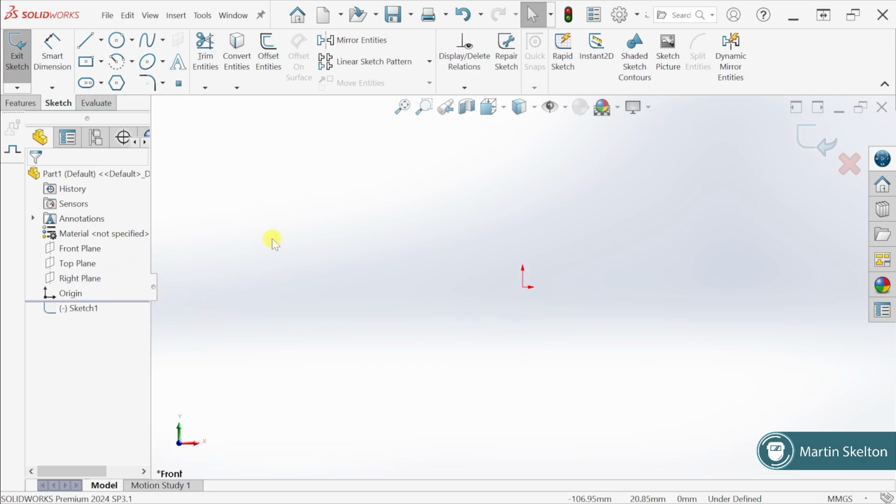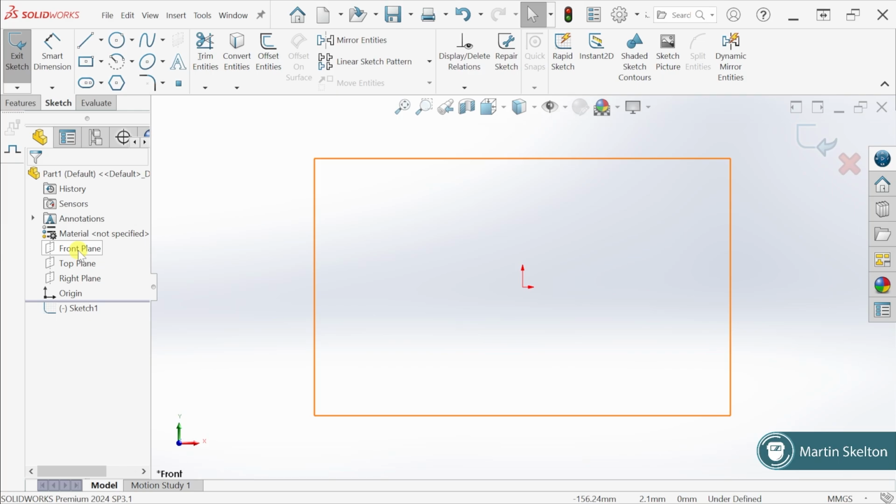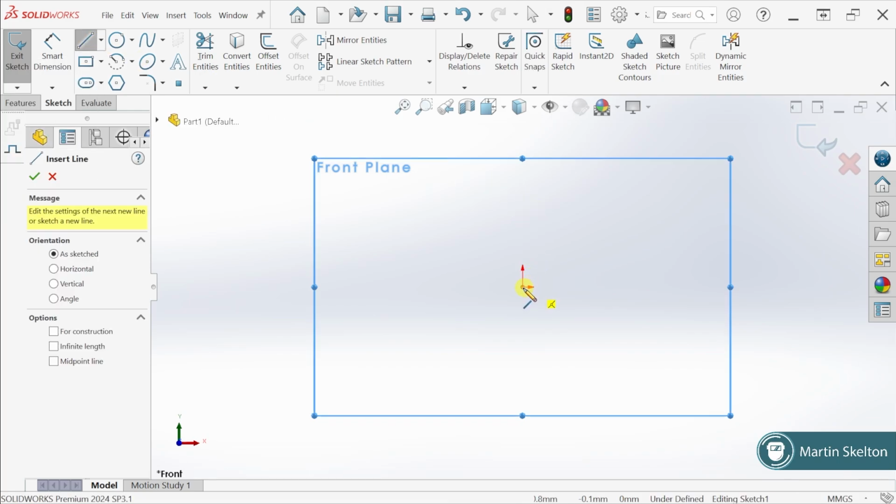Sometimes it's easier to understand. Now, where am I? There's my front plane. Am I stuck with the size of that orange rectangle? No, I can travel outside that orange rectangle and still be within my plane. So if I click and draw a square. So I'm going to start at this point, and it's very important we know where to